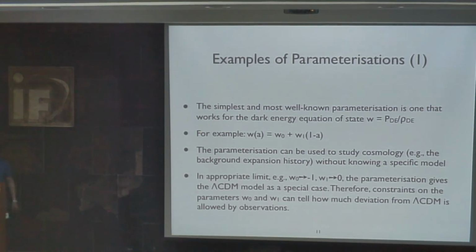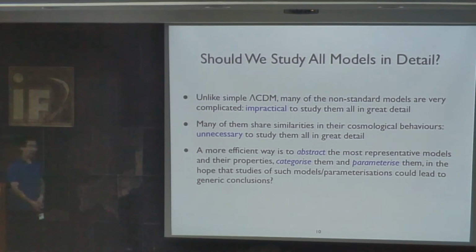So what is a parametrization? A parametrization is very simple. Basically, you look at all these models, and you find that, okay, this subgroup of models have similar properties. I can use some parameter to describe their properties, and then I make predictions by varying these parameters and compare with data to constrain those parameters. And if you can constrain those parameters to such extent that the model deviates from lambda CDM very, very tinily, then you can probably make a judgment saying that, okay, deviations from lambda CDM in this possible way is not viable.